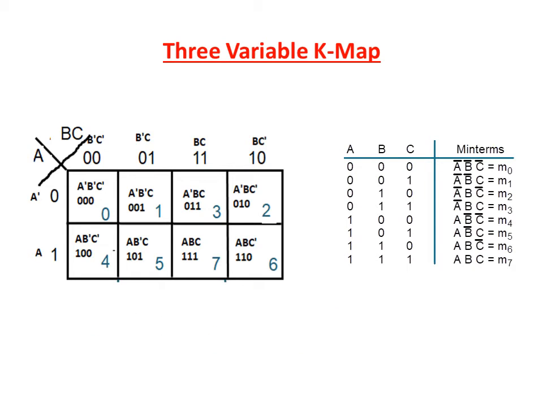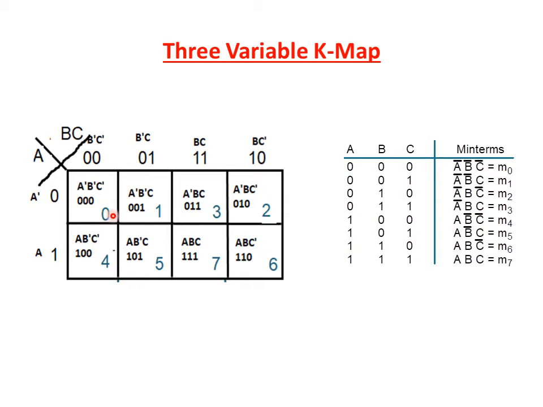This is the second way to represent the 3 variable K-map. Here in the row side single variable A is represented and the column side 2 variables are represented. So the A is written as 0, 1 and column side BC is represented for 4 combinations. Now the first column is 0, 0. Now 1, 0, 0, 1. So the equivalent variable, that is min terms are written.